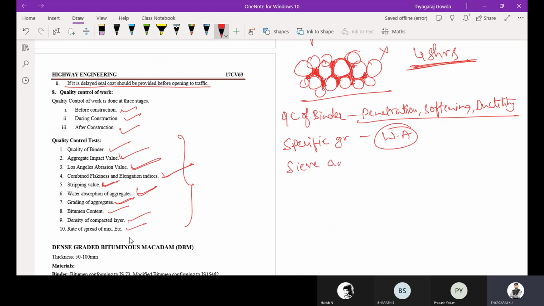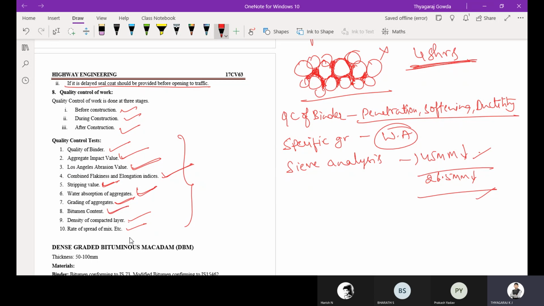We are going to check whether the aggregates are passing 45 mm down size and 26.5 mm down size. That is gradation of aggregates.